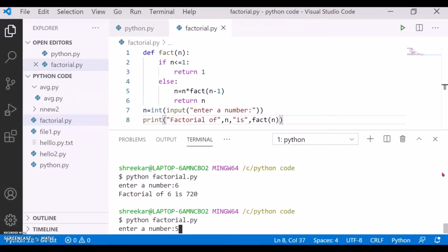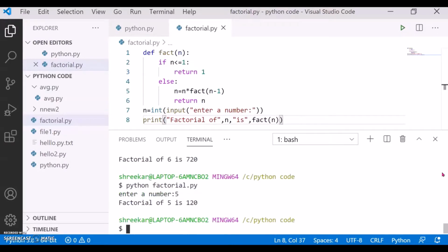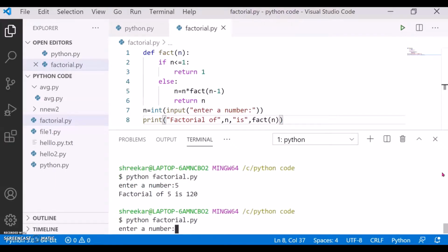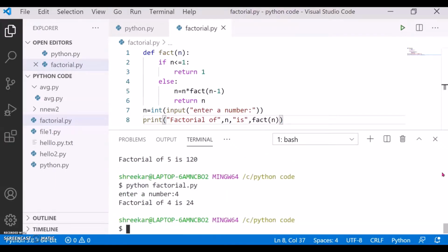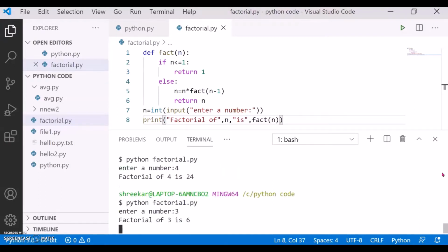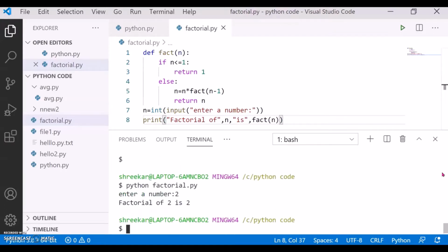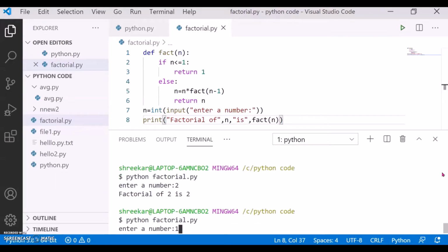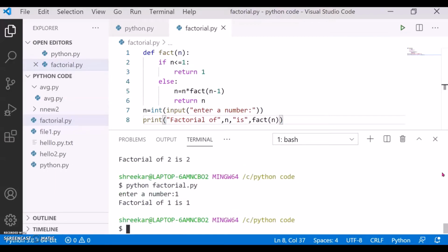Again check 5, yes 120. Again check 4, yes 24. Again check 3, yes 6. Again check 2, yes 2. Again check 1, return 1, sorry, 1.